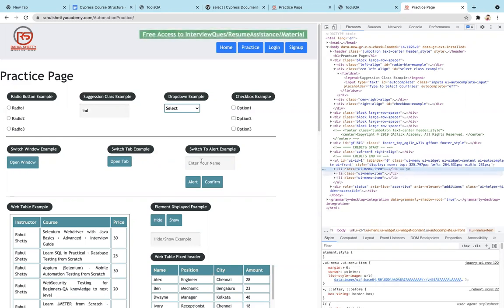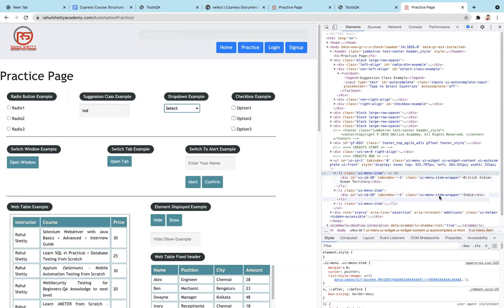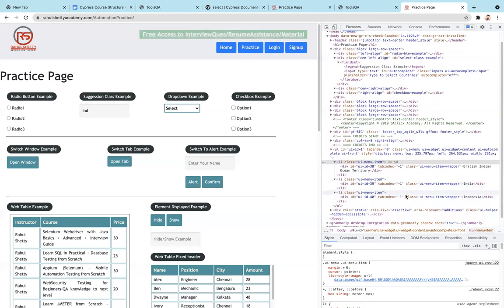Yes, so I searched IND, and as of now, we can see only three values. One is British India, one is India, and the third one is Indonesia. After that, you can't find any extra element here, correct?